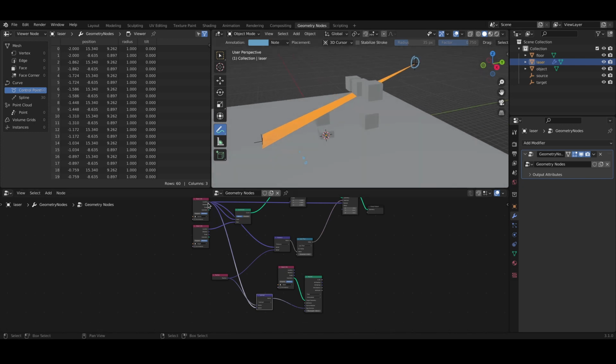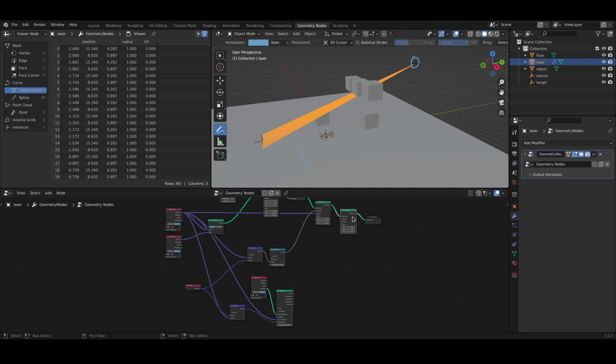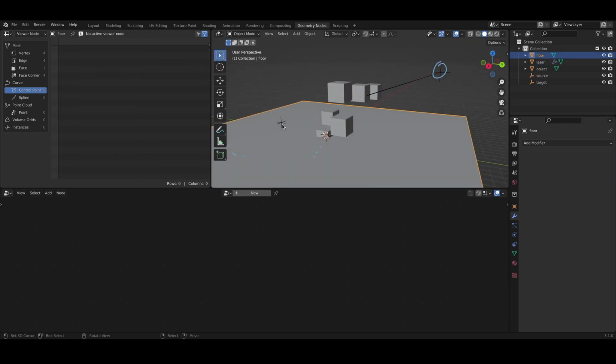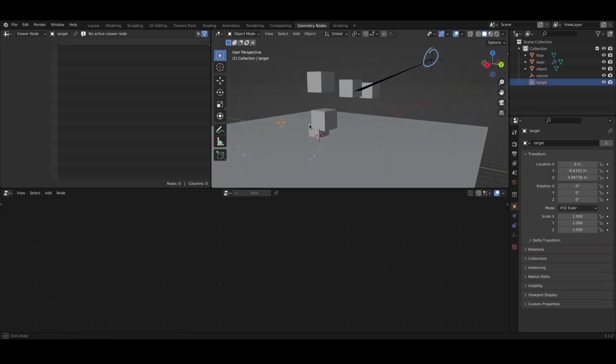And then the final thing is here, we also need to define source again. So our source is our source. And now we can use another set position node and connect it like this, and then it should work. And what you can do now is you can actually move